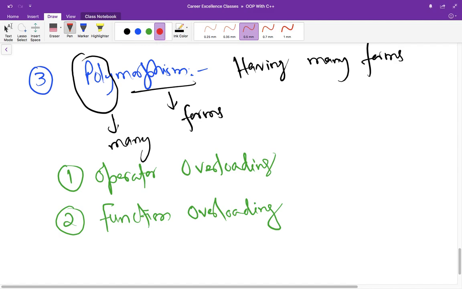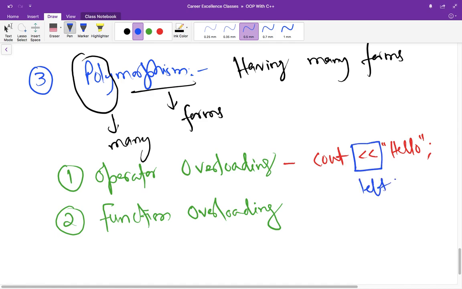When we are talking about operator overloading, that means one operator can be used in multiple ways. For example, whenever you write cout << "hello", you must have noticed that this operator is also called the left shift operator, right?